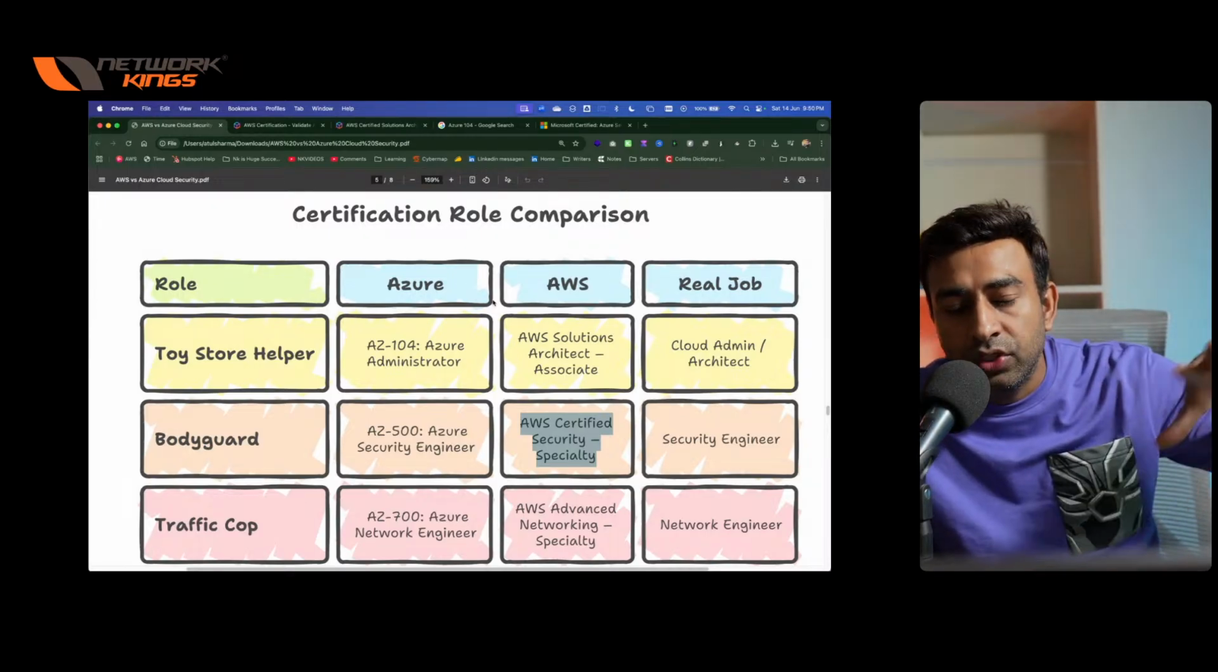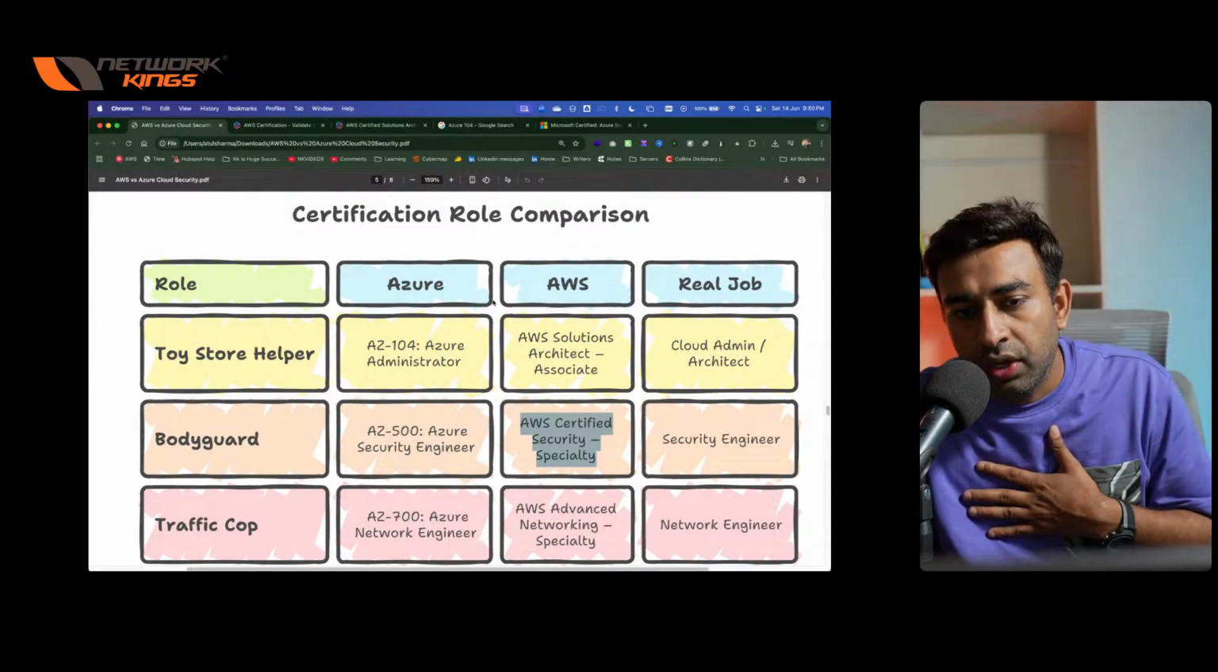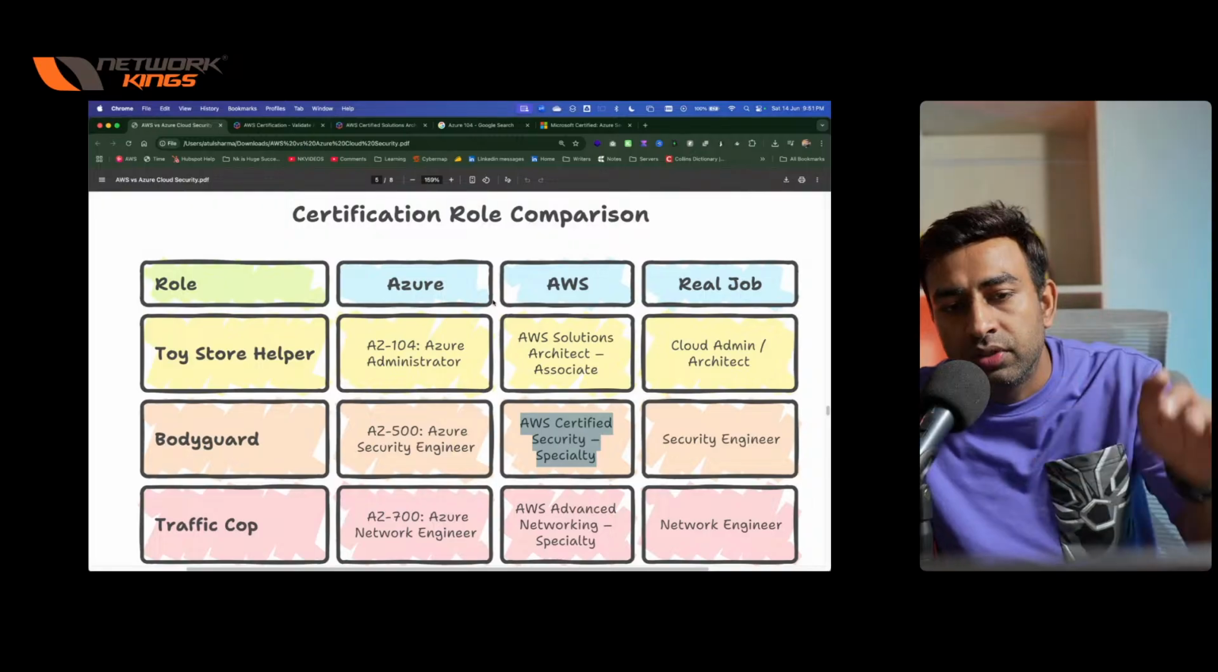So pizza should be your other kind of job. Suppose if I'm a network engineer, so my network engineer job is my base, and these cloud certifications are toppings